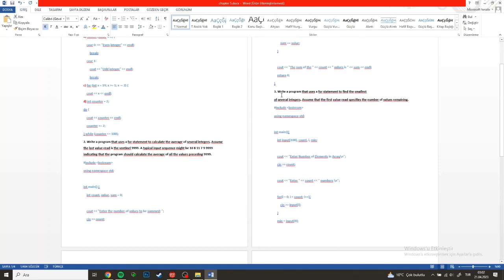Number 3: write a program that uses a for statement to find the smallest of several integers. Assume that the first value read specifies the number of values remaining. The program reads the user's specified number of integers into an array and finds the minimum value among them. Start by declaring an integer array named input of size 100, which is the maximum number of elements allowed in the array. The program then prompts the user to enter the number of elements in the array and reads it into